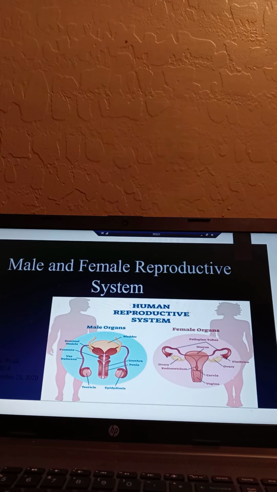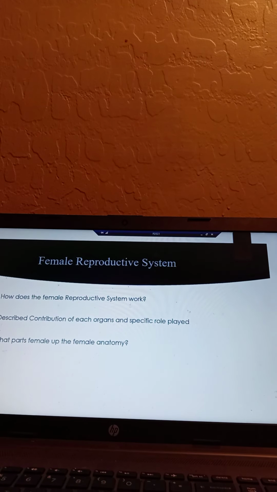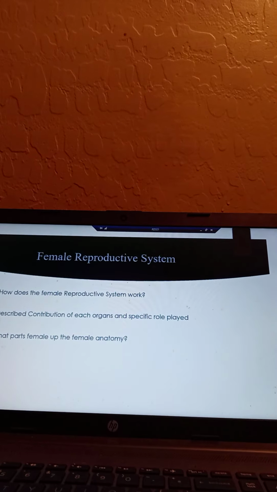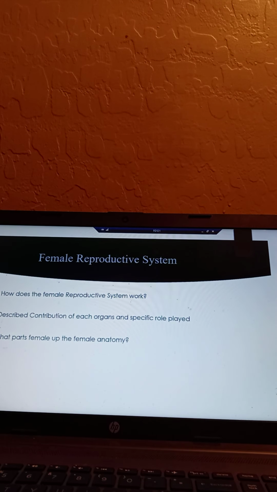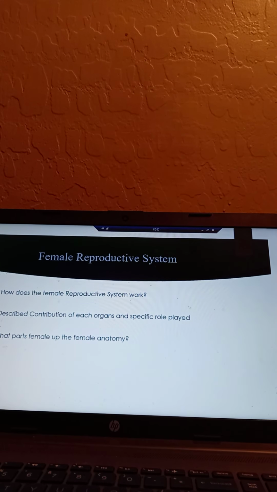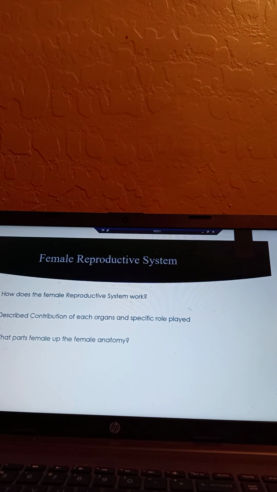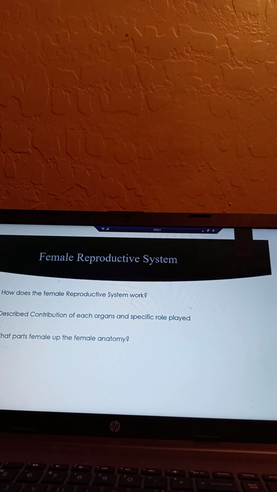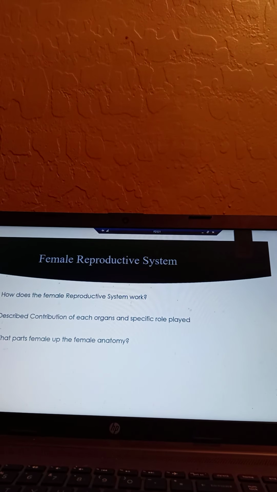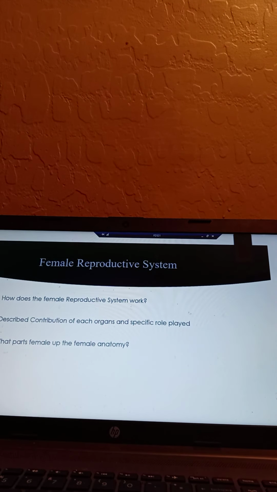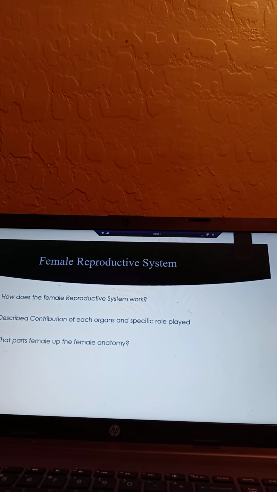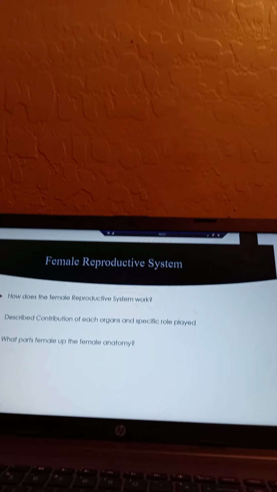So I have, let's see, the female reproductive system. How does the female reproductive system work, and describe the contribution of each organ and specific roles played? What parts are on the female in the anatomy? I found information on that. The information that I have on that would be the female reproductive system provides